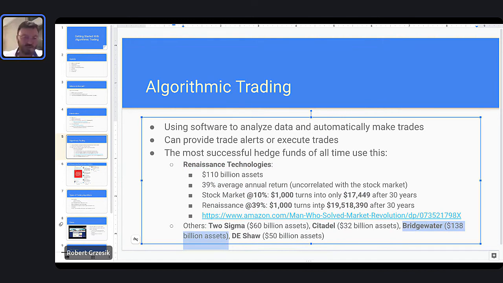Right? There's a lot of these companies. Another one, D.E. Shaw, right? Very, very big hedge fund. You guys may have heard of this. There's a really interesting fact about it, and let me know if you guys know who used to work here. There's a very famous person that used to work at this company, D.E. Shaw, back in the day. I'll give you guys a second to respond to that.